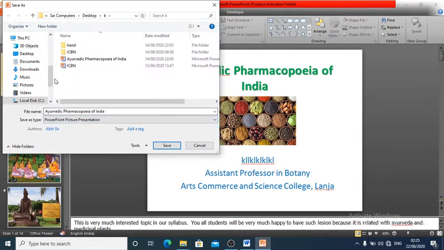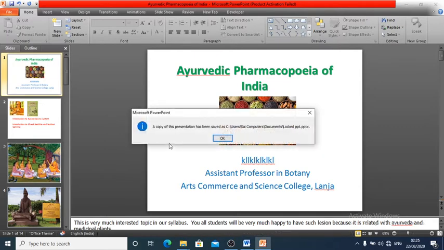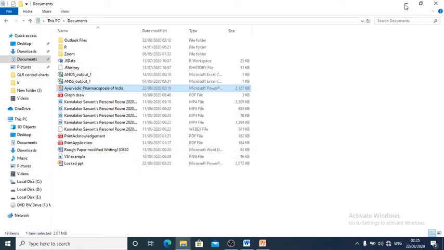I will give the path of the document, and I will give some name, Locked PPT. I will click on Save. Now it is showing a message: a copy of this presentation has been saved. Now I will go to the respective folder, and here you can see the Locked PPT file is there.